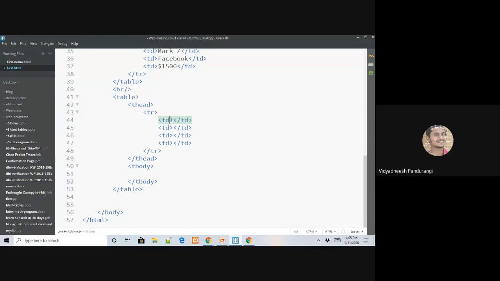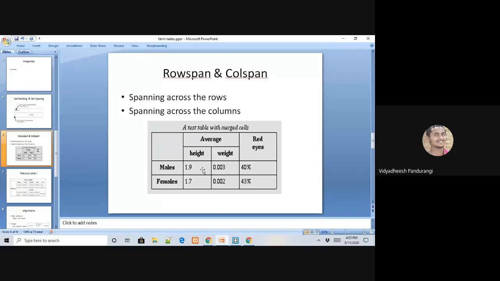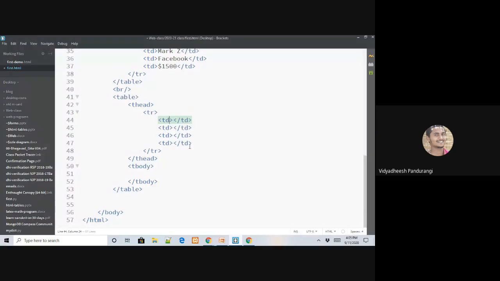So what I should be doing with the first row, it should be blank, as well as I should be able to merge them, right? So how do I merge them? I want to merge 2 different rows. So I'll be using an attribute called row span. If you would like to merge 2 cells, just give it as 2. If you would like to merge 3 or more, just give that particular number. Is it fine? Okay.